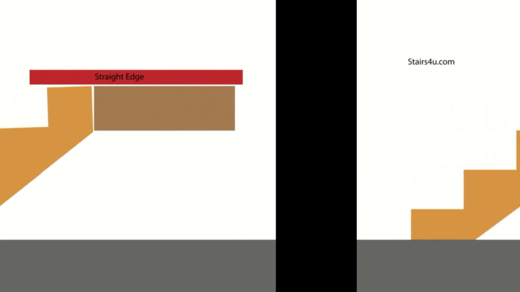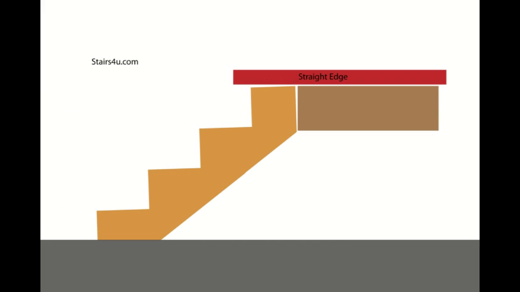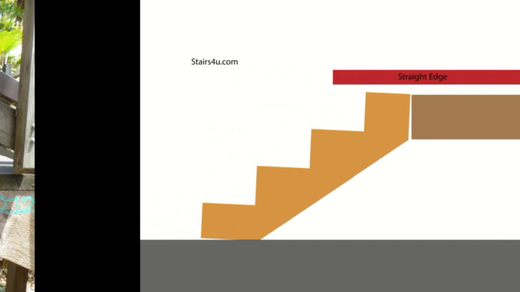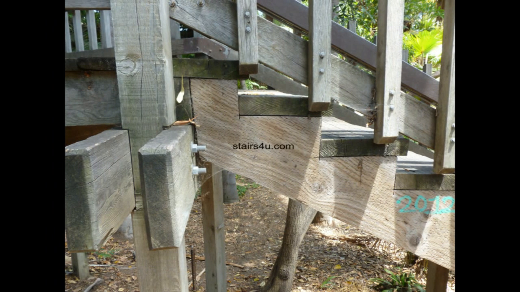Now, what do you do if it is level? You do have a level landing, and it's at the right height. You refigured, you rechecked everything. Well, if that's the case, and you have a situation like this, or a situation like this, where you have a gap at the top or at the bottom of the stair stringer where it meets the floor header or the floor framing, then it wouldn't be a bad idea to validate your riser measurements, because that's probably going to